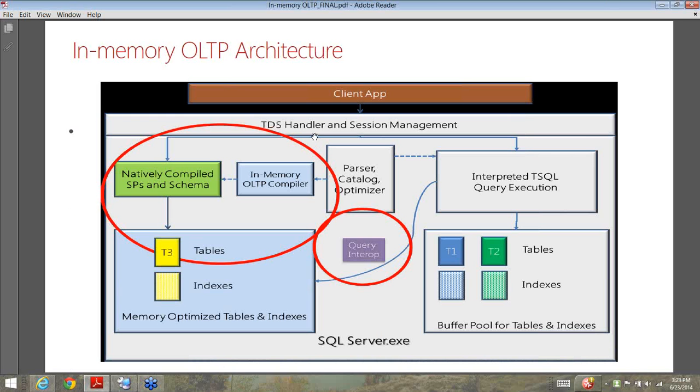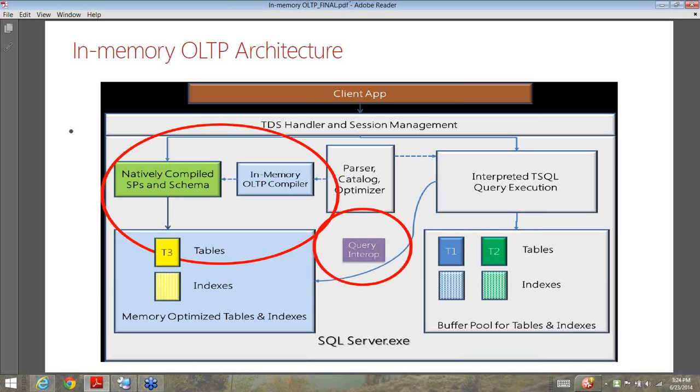So this is how the typical in-memory OLTP architecture looks, right? So here we are looking at the overview of how in-memory OLTP operations and data are handled differently than the disk-based operations and the data in SQL Server, right? Now, during most of your data processing operations with in-memory OLTP, you might be unaware that you are working with memory optimized tables rather than just disk-based tables, right? So the working is so transparent, it is so seamless, right? However, behind the scenes, SQL Server works with your data very differently if it is stored as a memory optimized table, right?